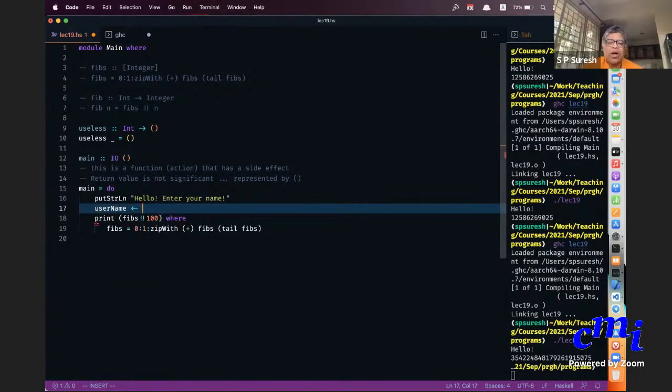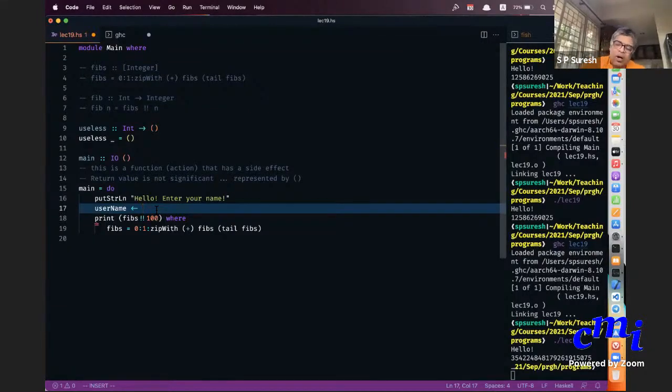Okay, and the syntax is this left arrow. On your keyboard you should put a less than symbol and then a hyphen. Here in this particular font it merges the two, but if you are writing it, you will put a less than symbol and then a hyphen. That is the left arrow symbol.